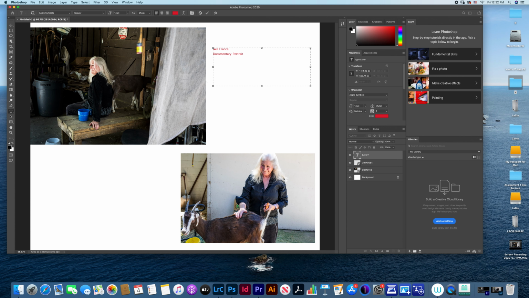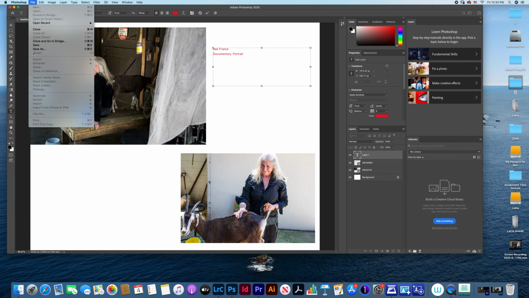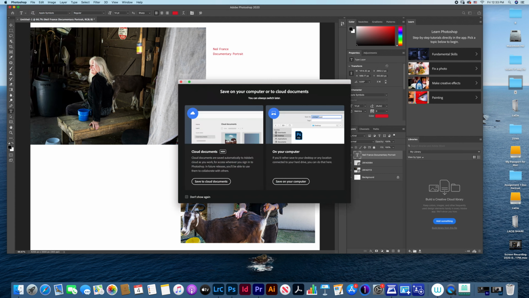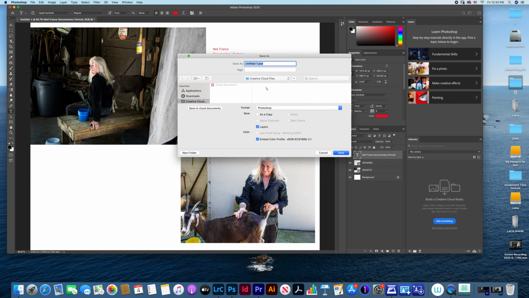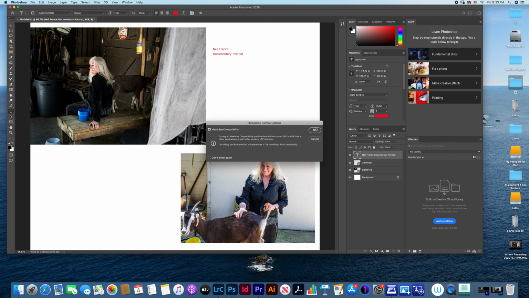And then you say File, Save As, and you save it wherever you're going to save it. This is what you would upload. So for now, we'll save to computer. It's untitled. Let's call it doc project. And we're going to save that. I'm just going to save it to desktop. Where's the desktop? All right, I'll save it back in FileX. Okay, so I've saved it back to FileX.